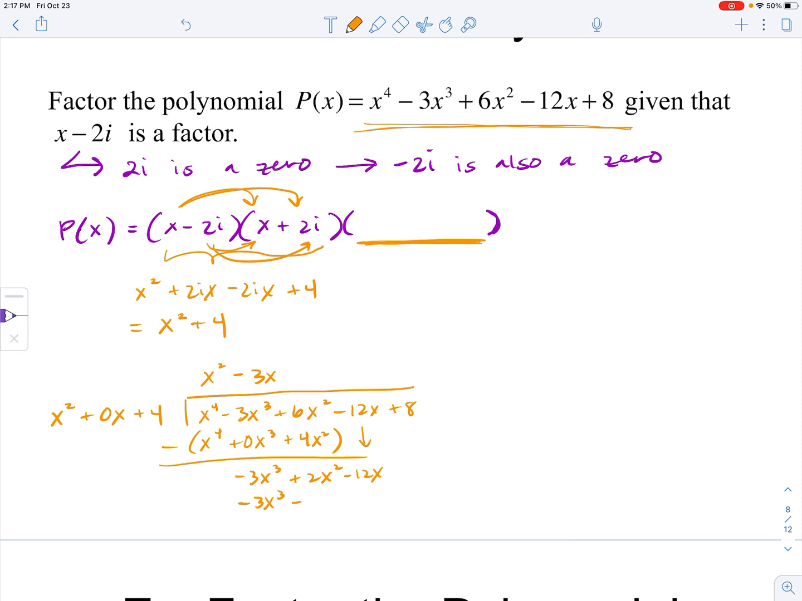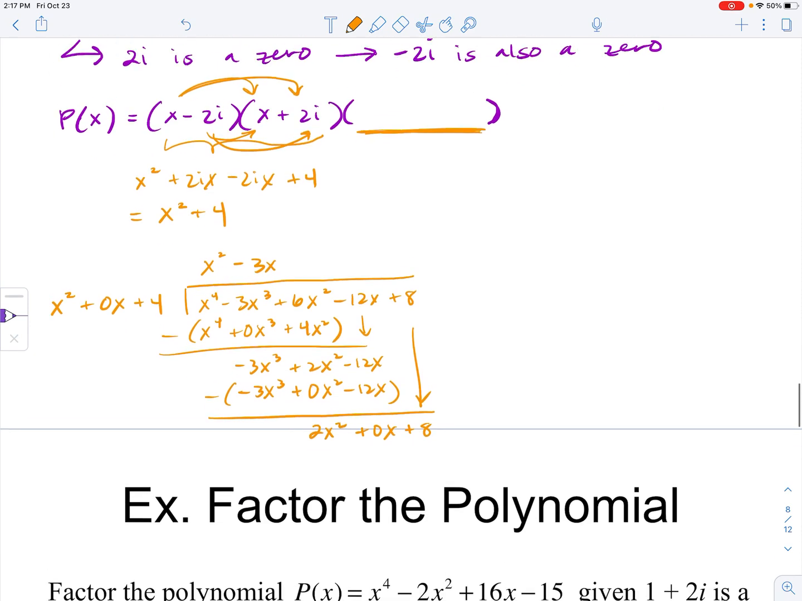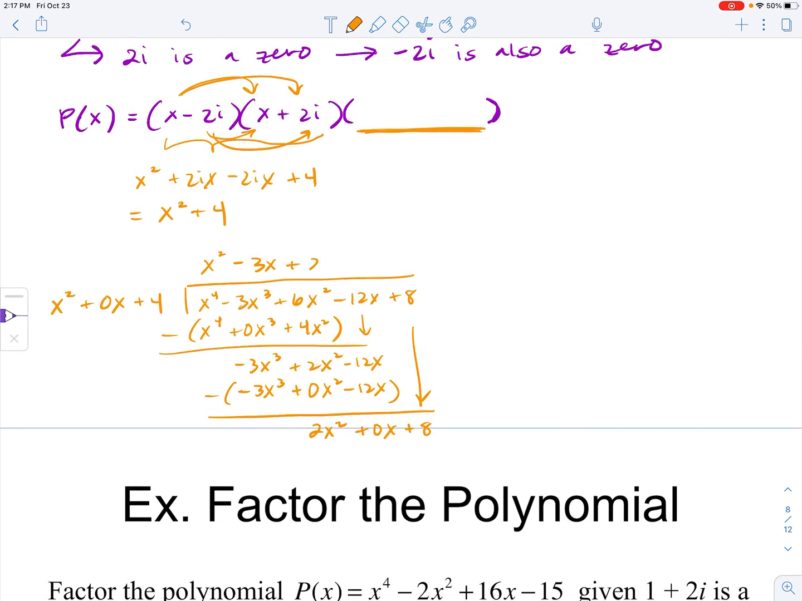Distributing, plus 0x squared, and then minus 12x. Okay, 2x squared, and then that will be plus 0x, and then bringing the 8 down. And I like to write the plus 0x as a placeholder. Okay, so then plus 2, and then when I distribute that 2,